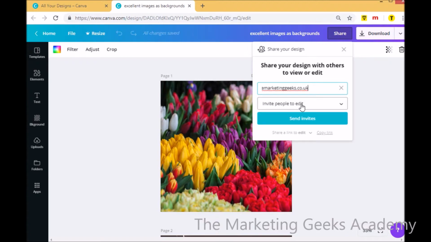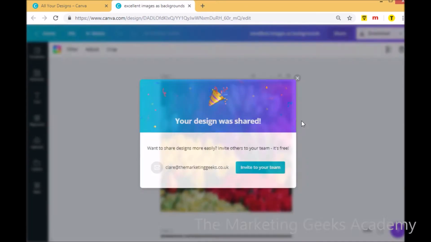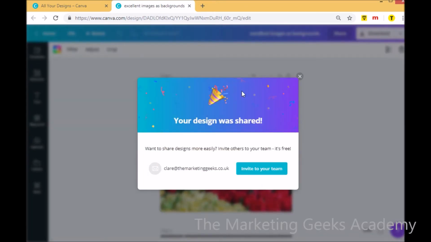And then you can invite people to edit, so they've got editing rights, so they can make changes if they want to, or they can just view. So if you were submitting something for approval, then you would just send to view, and you would send that invite there and then. Your design was shared, and then you can invite people to your team that haven't been shared. And if you want to send it to lots of people, what you would do,